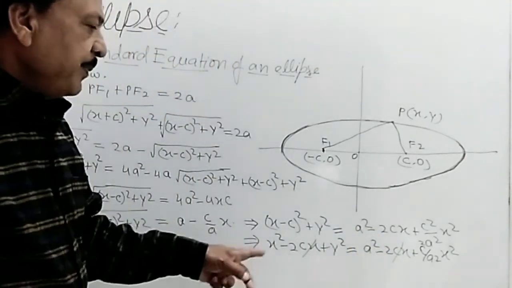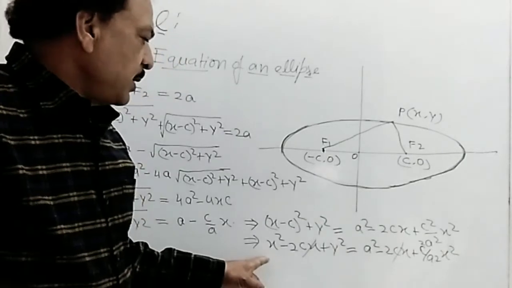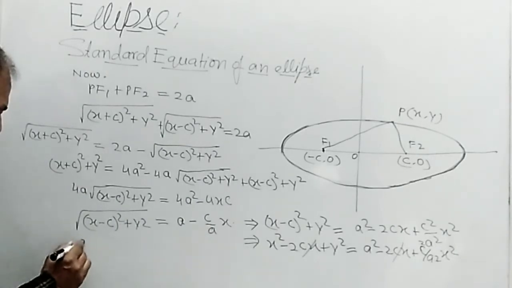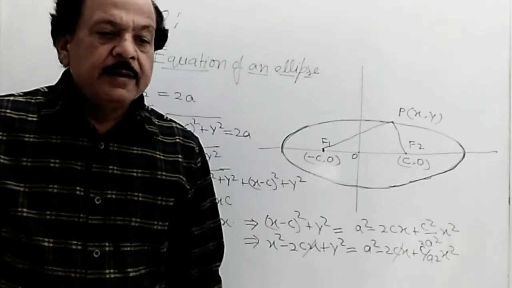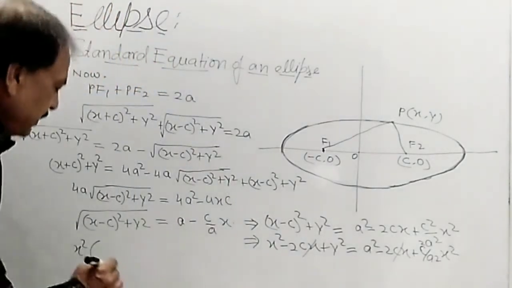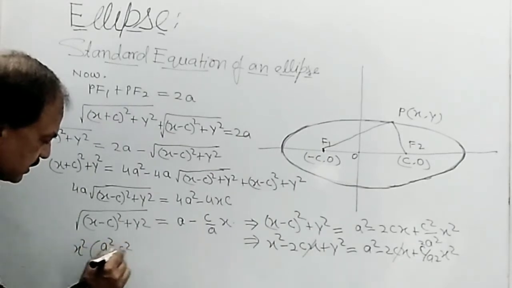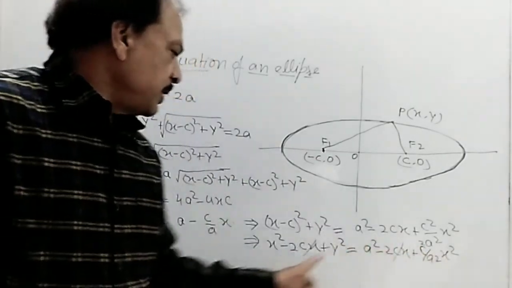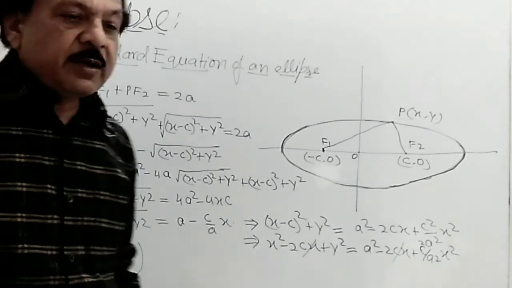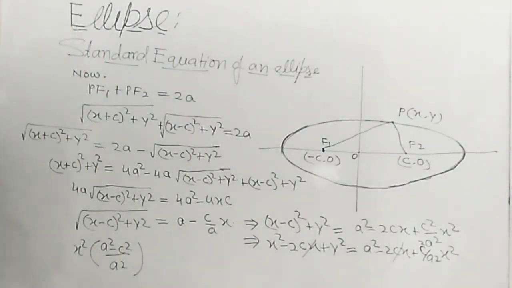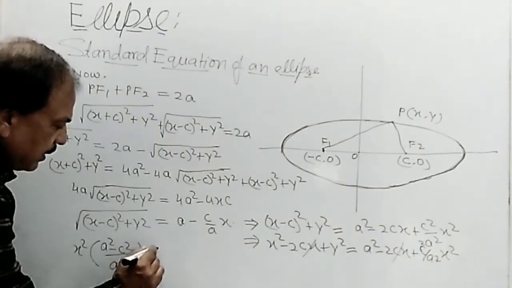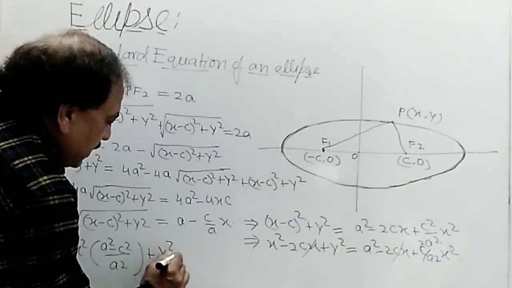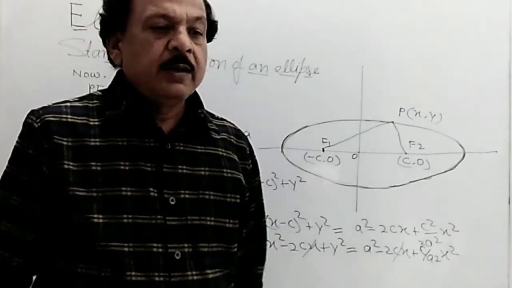और 2cx कैंसिल हो गया, यहाँ एक्स स्क्वायर और एक्स स्क्वायर इधर आ गया, तो यहाँ हम एक्स स्क्वायर कॉमन लेते हैं, तो यहाँ हमारा आ जाएगा ए स्क्वायर माइनस सी स्क्वायर अपॉन ए स्क्वायर। देन यू गेट वाई स्क्वायर इक्वल टू हमारा हो गया ए स्क्वायर